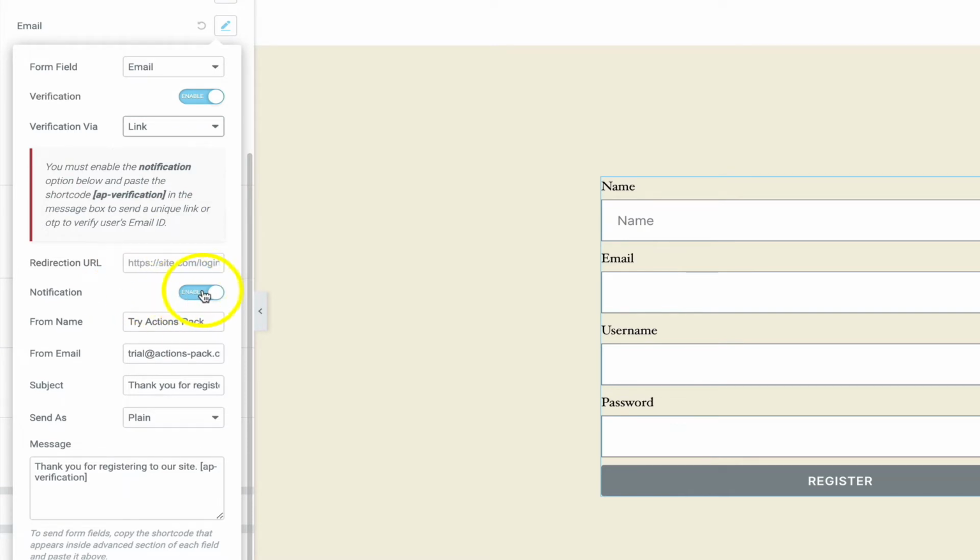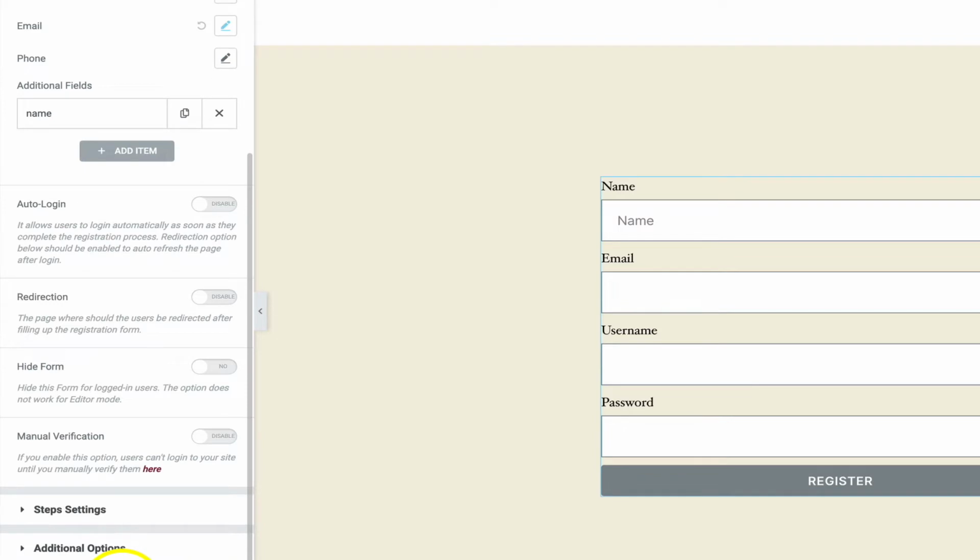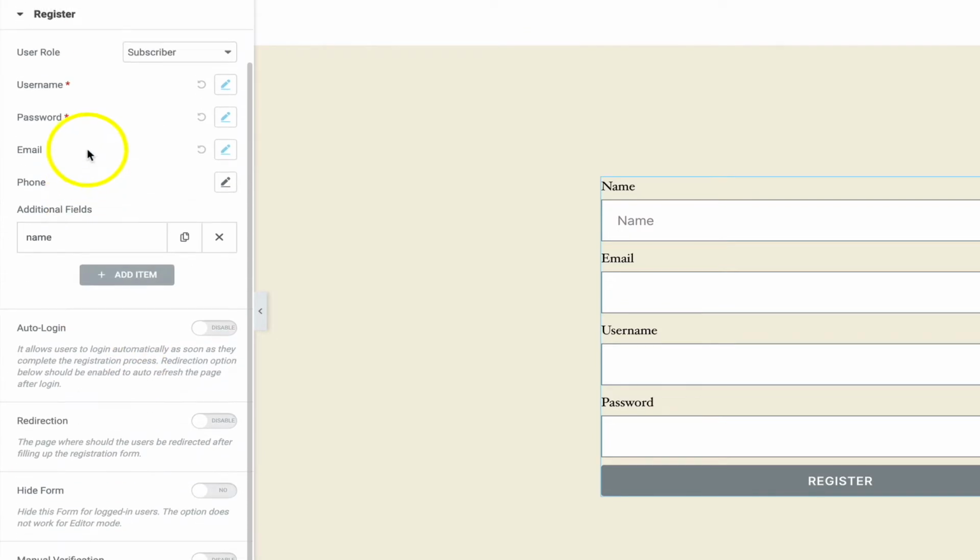This is the notification which needs to be turned on so the verification link can be sent, and there's a warning message here. And you can set up your email particulars, just customize these as required, plain text or HTML. And here's the message box in which you can make sure, as you can see here, the verification URL shortcode has already been inserted automatically. So this is going to send for you straight away once that's good to go.